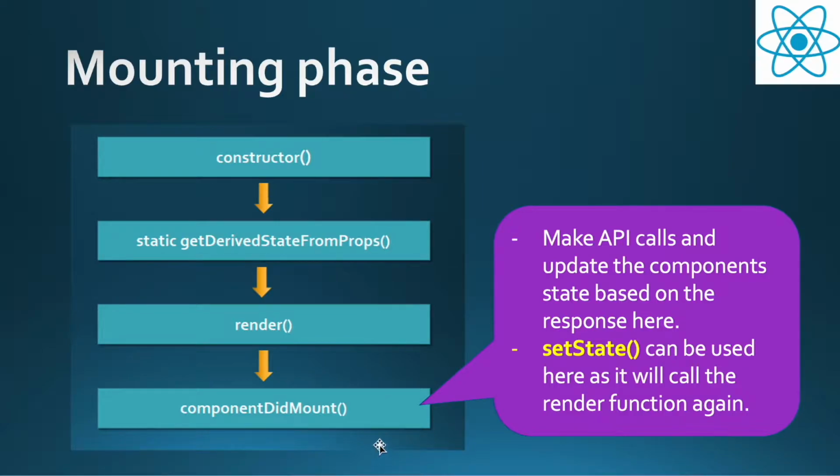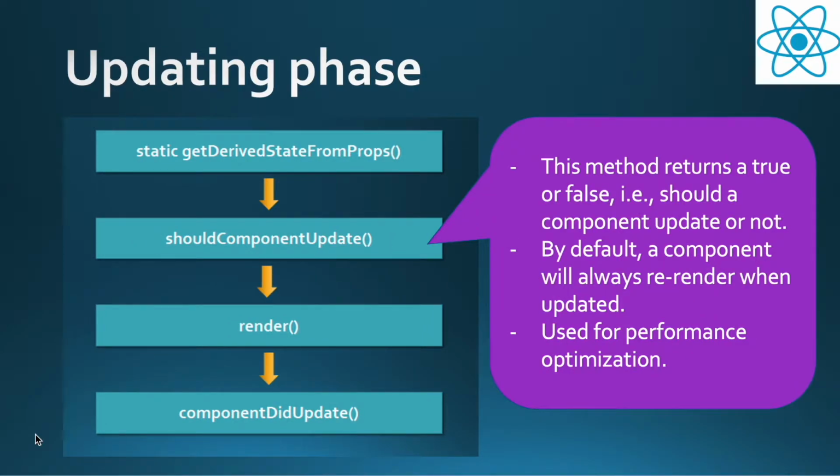So most of our code is done either in the constructor or in componentDidMount. What we will do is look at examples where we use componentDidMount in the mounting phase. The next is the updating phase. As we mentioned earlier, there are two main reasons why an update happens: either you receive new props, or set state has been called in that component and the state has changed.